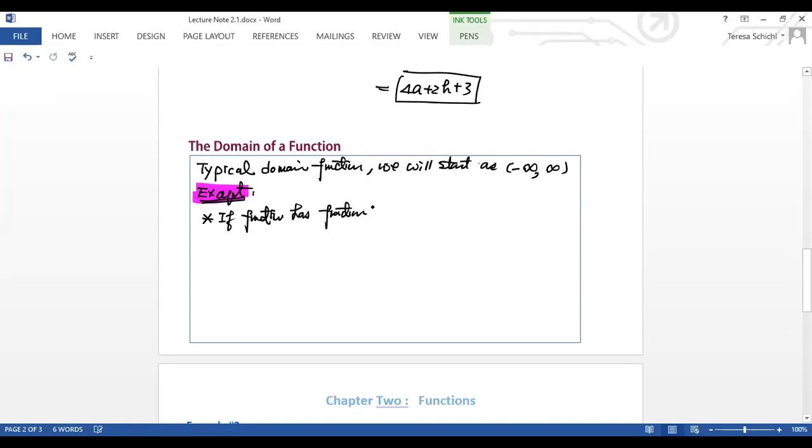Okay, so if a function has a fraction, what does that mean? That means the denominator cannot be 0. So that's why you need to exclude the values that make the denominator equal to 0, right? Okay, so then the next thing from our levels here is the roots functions, right? So for the roots functions,